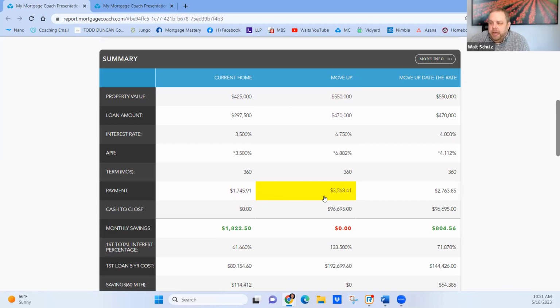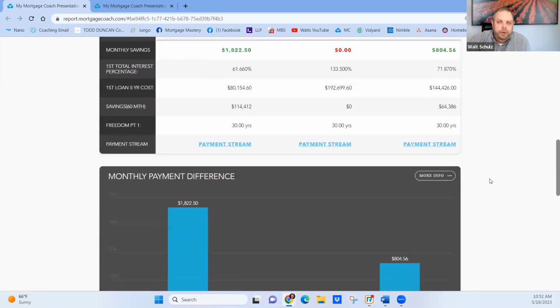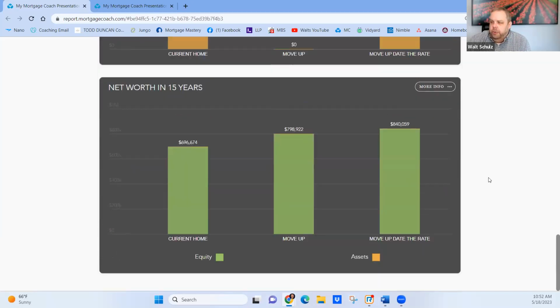So it's going to jump up quite a bit, but that gives you the ability to get into that house now, bite the bullet for a little while as long as you qualify. But then as you refinance down at that 4%, you're really looking at about a $1,000 increase for a $125,000 higher purchase price when you're able to refinance. So if that's in a year from now, year and a half from now, again, when we're looking at net worth,